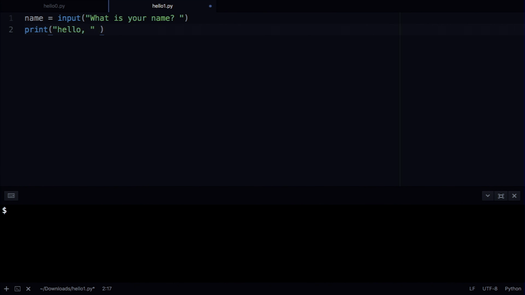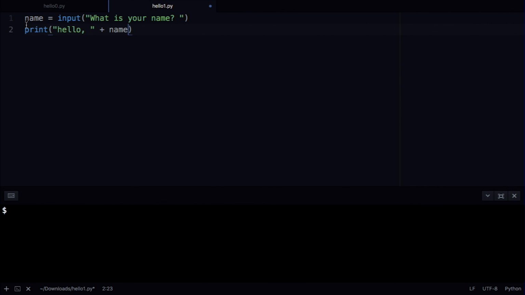It turns out in Python that you can use plus not only to add two numbers together, but also in some sense to add two words, or two strings, as they're called in a language. And if I do plus in between hello and that variable name, the effect is going to be to join or to concatenate those two strings of text together, so that what ultimately is printed is hopefully hello, comma, David, or hello, comma, yourself. So let me go ahead and save this file, and in my terminal window now, run